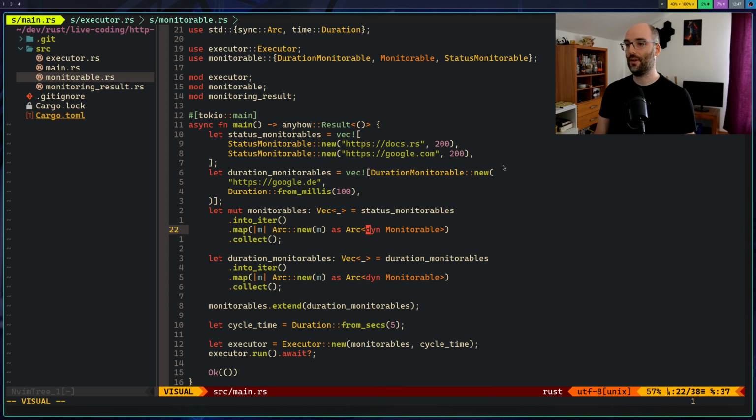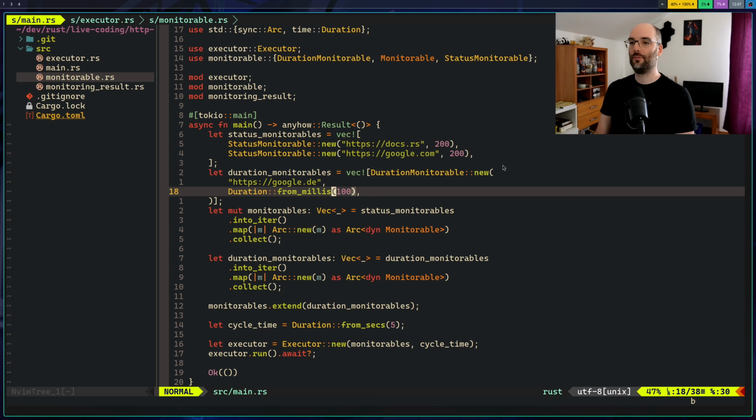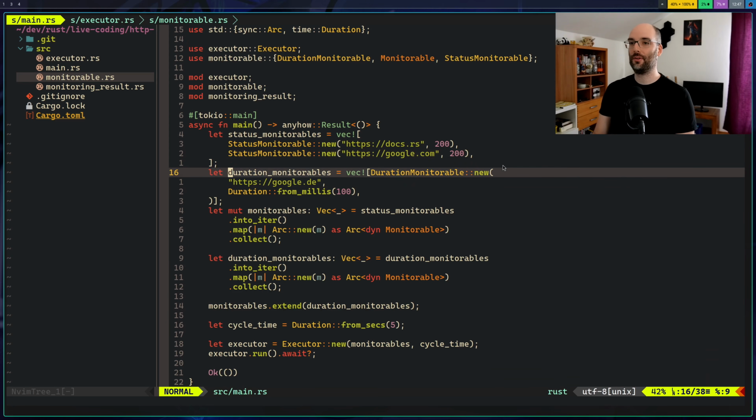And I think this is going to be a real problem, because if you want to have it like this, we want to have one file which should contain all the monitorables, but they should be able to put different types of monitorables in there, like status monitorables and duration monitorables, so that you only have one config file for your whole monitoring procedure. And having that will be kind of a pain to read when we boot up.